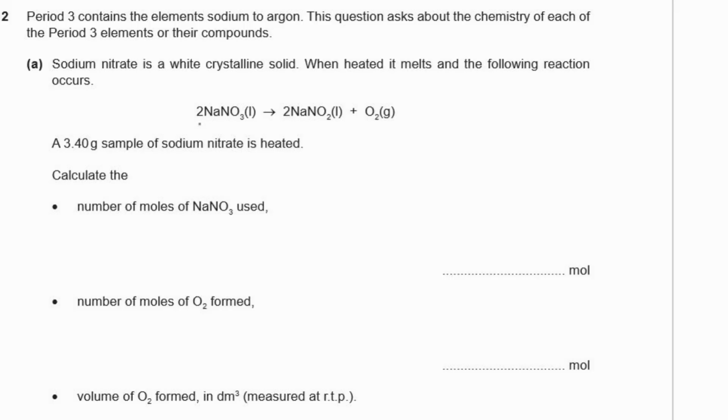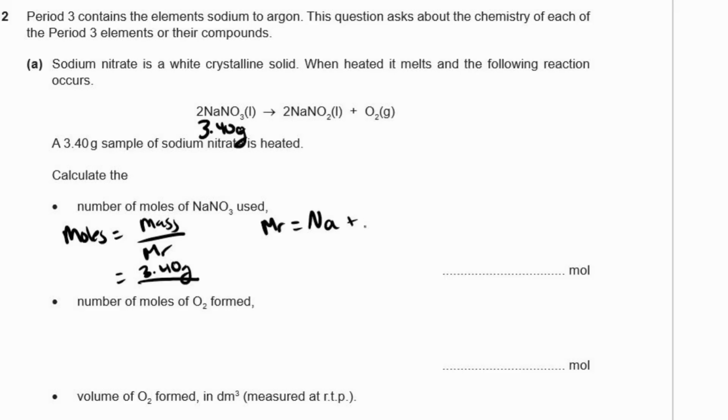So we have 3.40 grams. Okay, calculate the number of moles of sodium nitrate used. So moles equals mass over the relative molecular mass, which equals 3.40 grams over, so the relative molecular mass equals the mass of Na plus the mass of N plus the mass of 3 oxygens. 3 times oxygen,